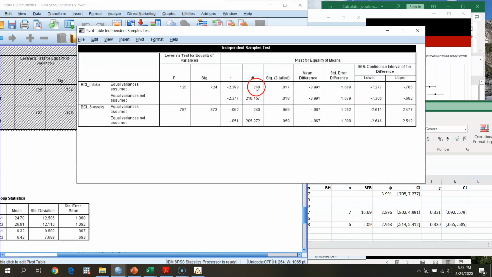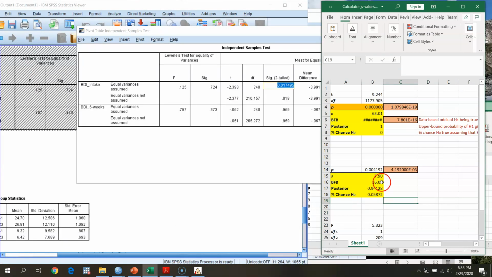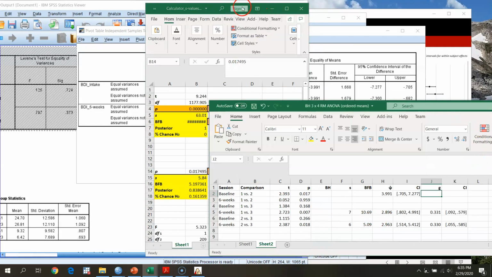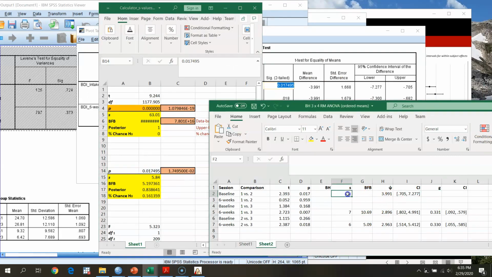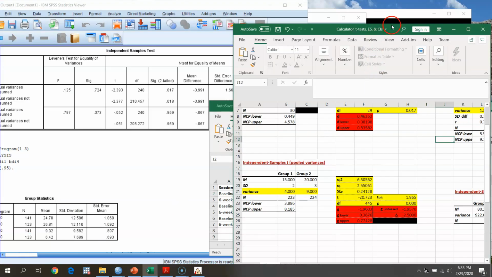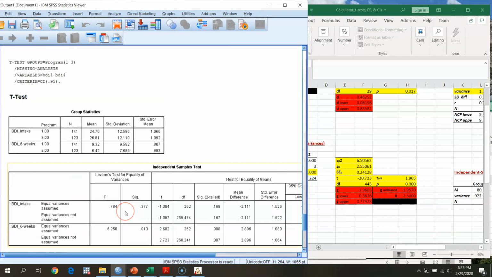I'm going to go grab my p-value, take this over to my S value calculator, and drop that in there. It's going to give me an S value for this of 6 and a Bayes factor of 5.20. Round that out. And then what I want to do is calculate my effect size here. So again, I'm going to pull up the handy dandy calculator that we've built in class and go up to my